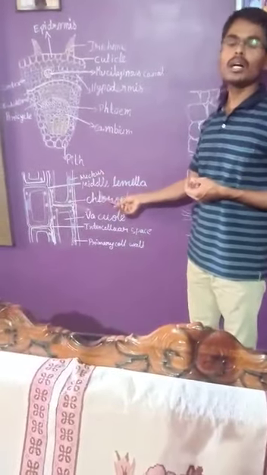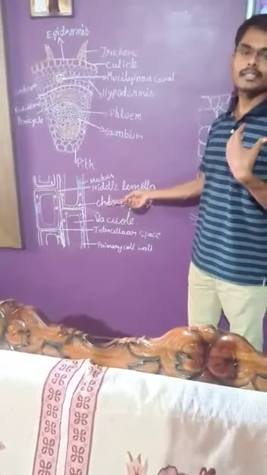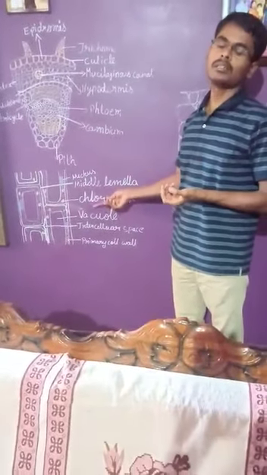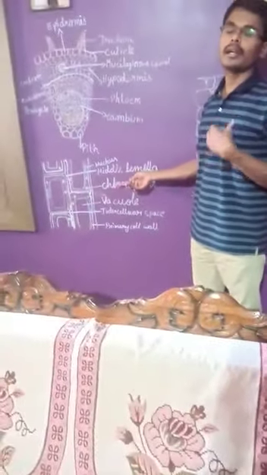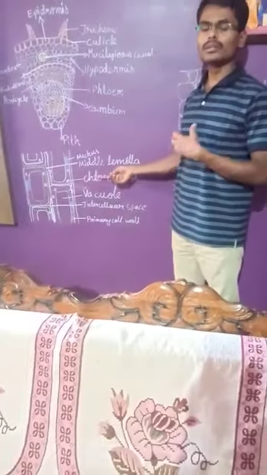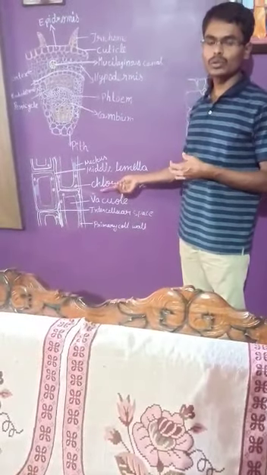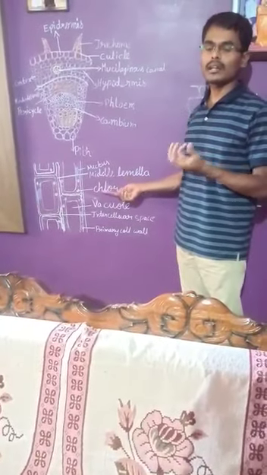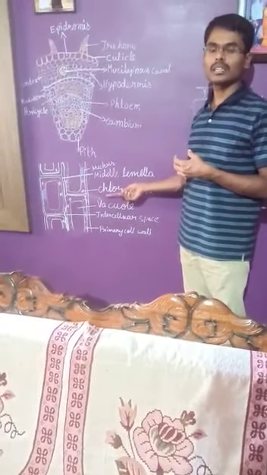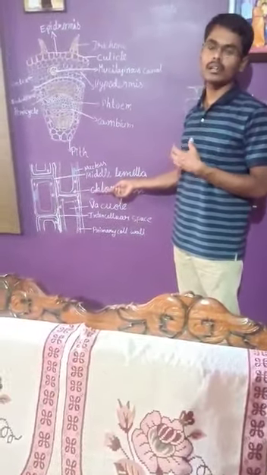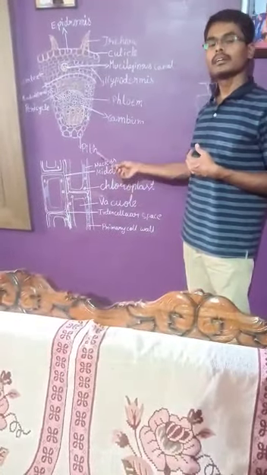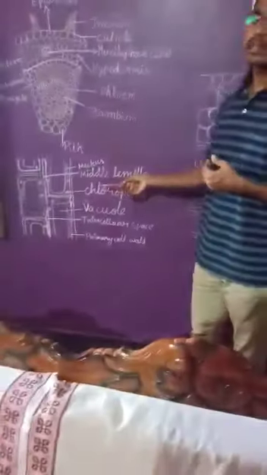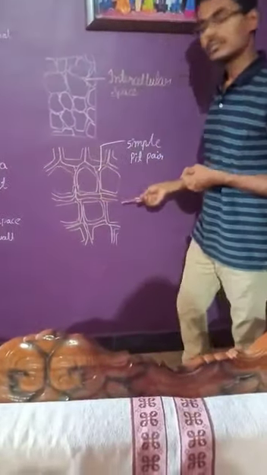And when we come to the collenchyma, the flexibility of the plant body depends on this collenchyma, and it gives some kind of mechanical support to the plant body. The cell walls are somewhat irregularly thickened at the corners, and the cells are elongated, and here also the cells are living ones. The last one is sclerenchyma.